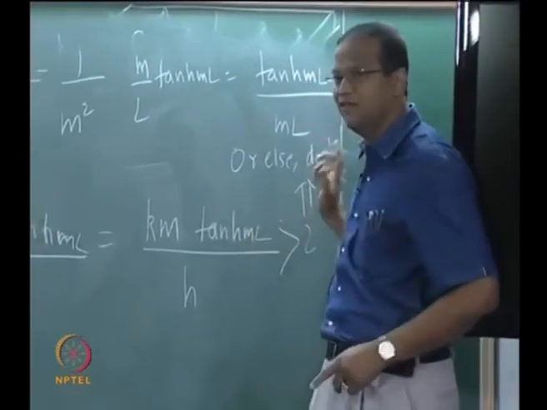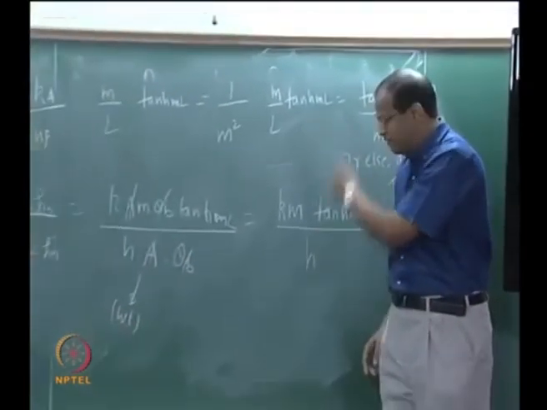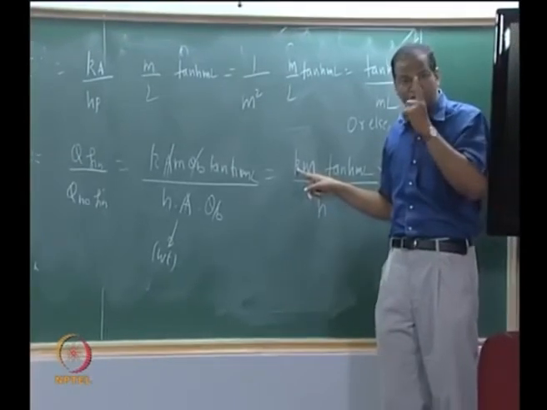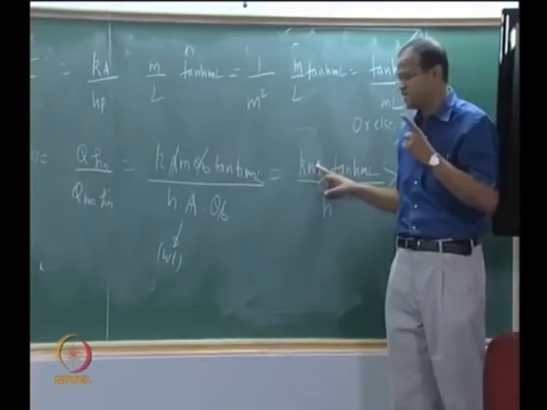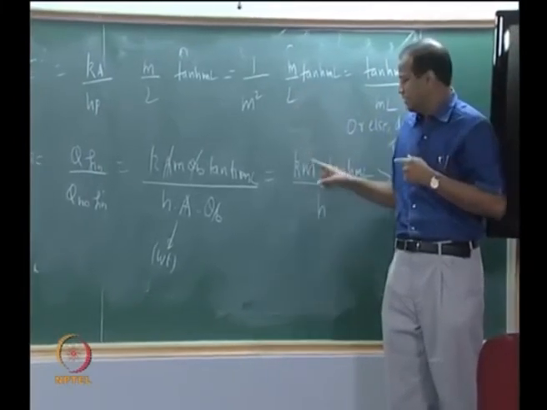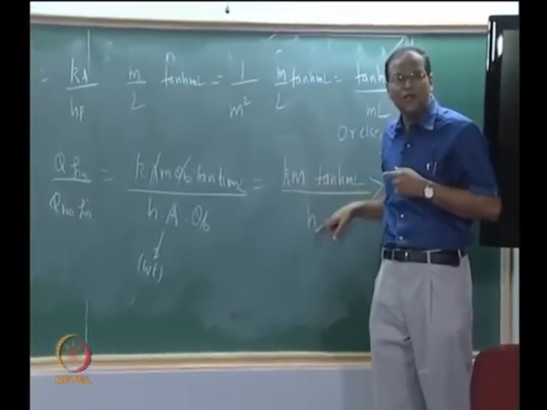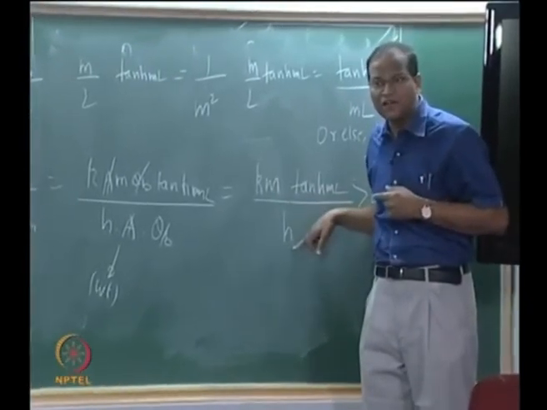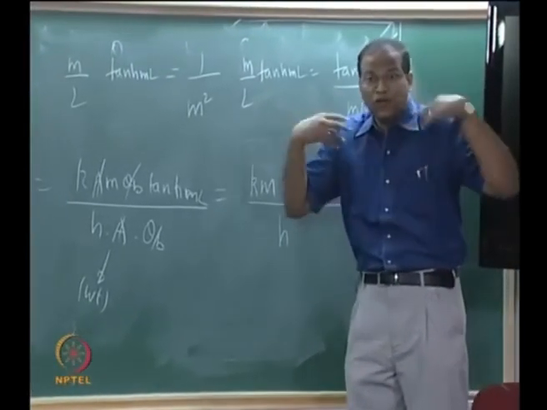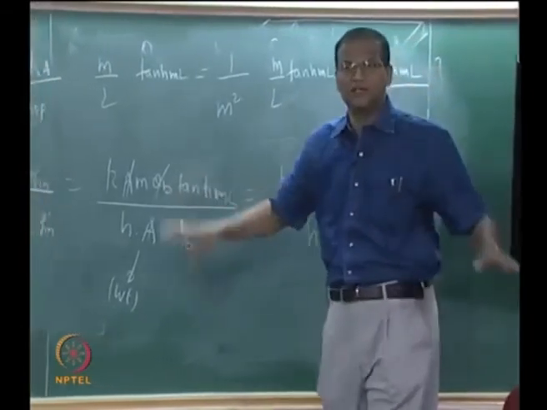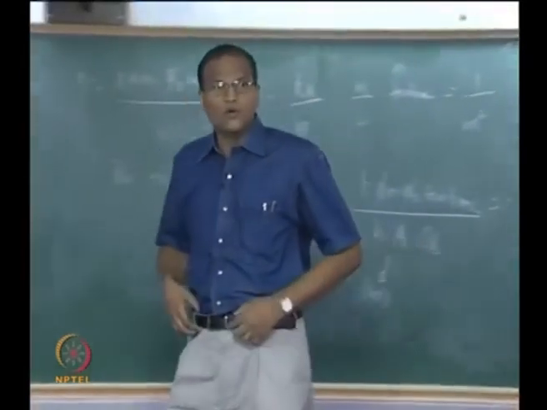Therefore, if the fin has to be effective, please look here, the fin has to be made of a material whose thermal conductivity is high. The fin should necessarily have a material which has a reasonable value of m, okay, but length should not be very large. And there should be low heat transfer coefficient for you to justify. If there is a surface already with a high heat transfer coefficient, you are very energetic, you put lot of fins with a poor thermal conductivity, you are botching up the whole thing. You should know where to put the fins.